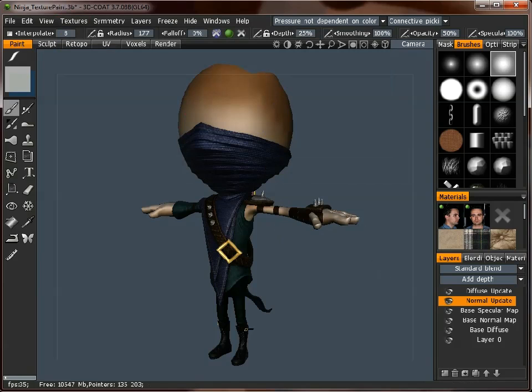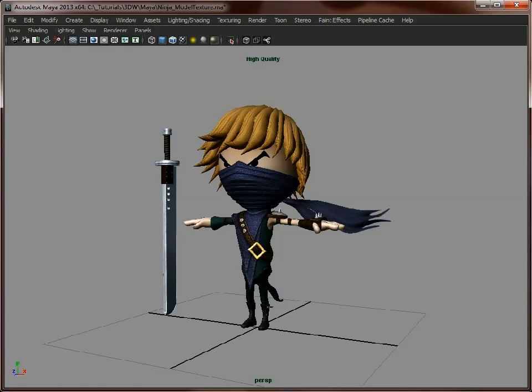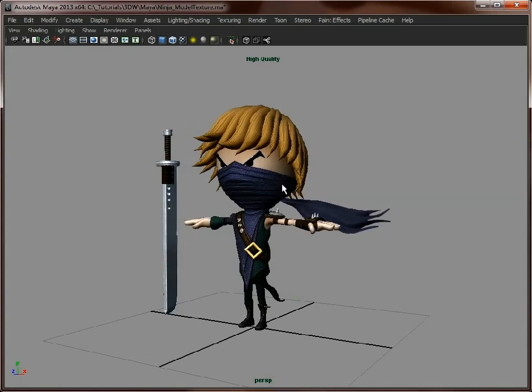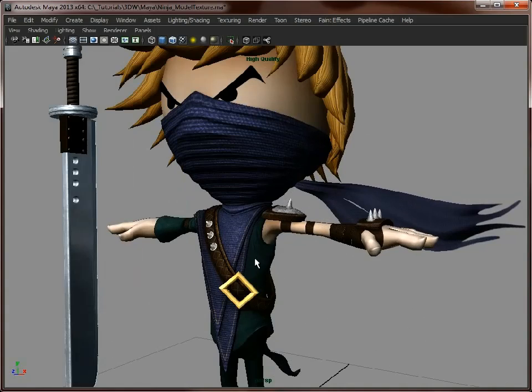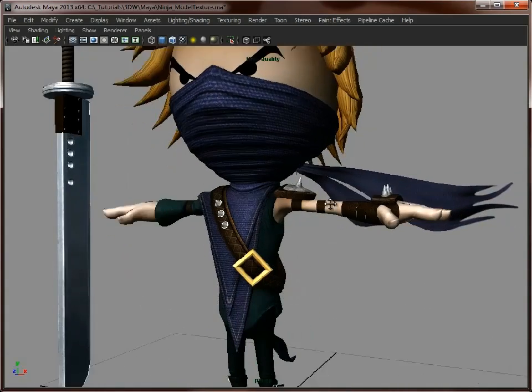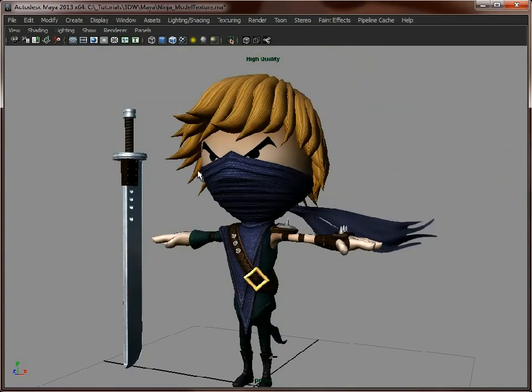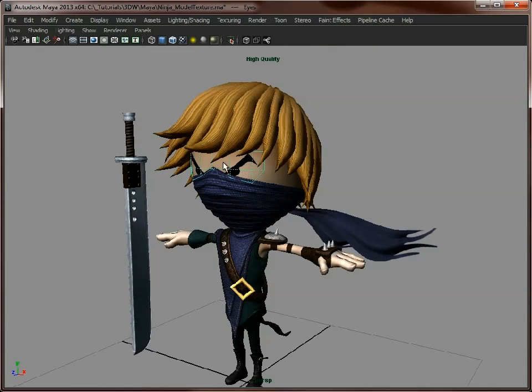So if we switch back to Maya now, I'll just grab my mouse. So here we have our character, our ninja character. He's got the extra detailing, which we've just painted in 3D Coat. As you can see, it's just helped to enhance him slightly, just make him a bit more interesting. We've got his eyes, which again are just a basic texture on a polygon which floats over the top of his face. And this makes it easy, so in game you can just swap the texture to give him